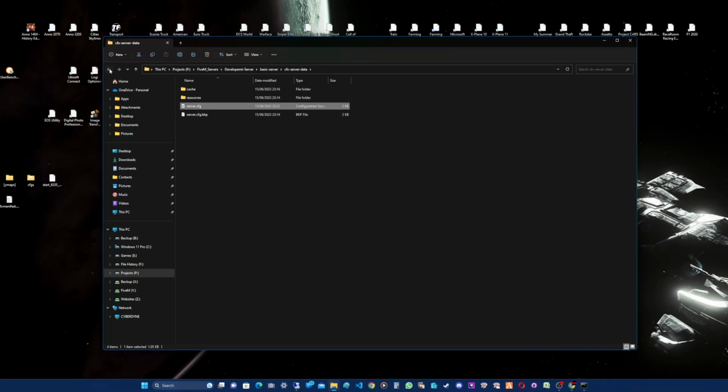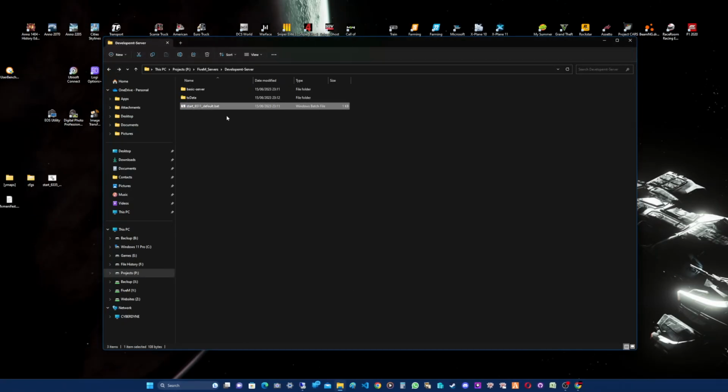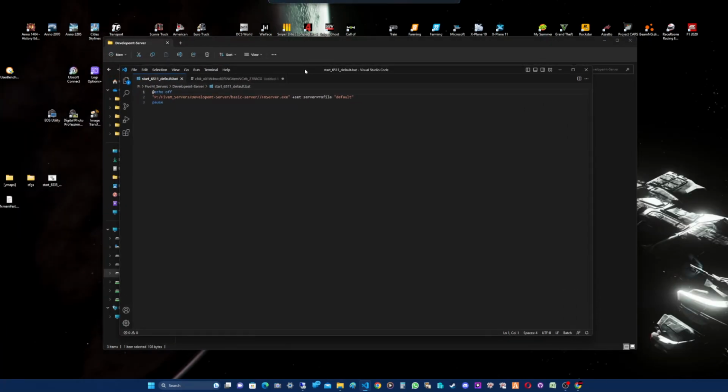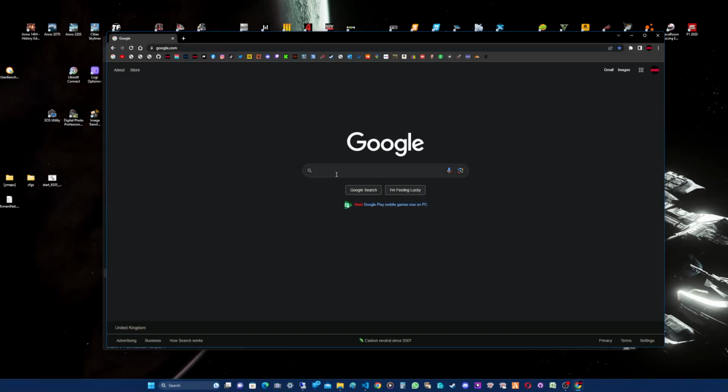Then what I need to do, so I need to change the ports there. So what you'll do on your default bat, right click, open, show more options in Windows 11, open with code. So you're probably wondering what to do. It's this you need to change, because it's using the default port. So what you want to do, type in